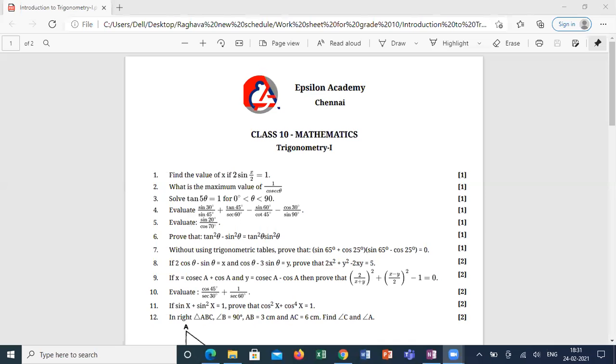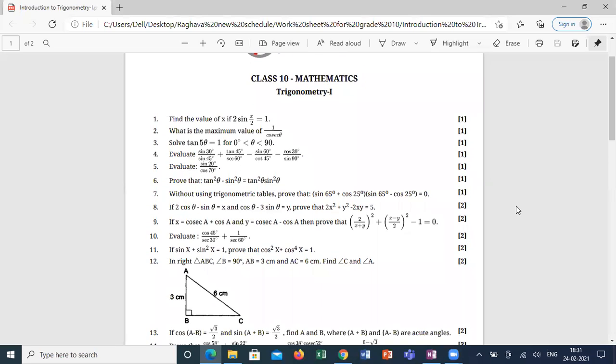Are you having worksheet? No, sir. I will post the question. Try to solve the first. I will show on my screen. You just try to solve one or two questions. Meanwhile, the rest of the people will join slowly. Madam, you can see the worksheet. Yes, sir. I can see.